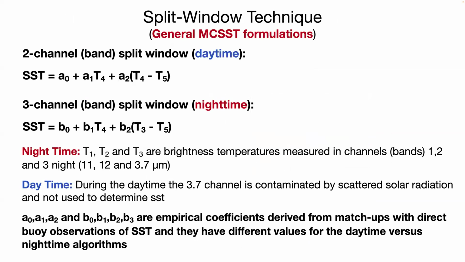So in all these empirical algorithms, instead of seeing watts per meter squared or radiance values, you're going to see these T's, these brightness temperatures. And the 4 and the 5 mean band 4, band 5, and that means 11 micron, 12 micron radiance. Again,